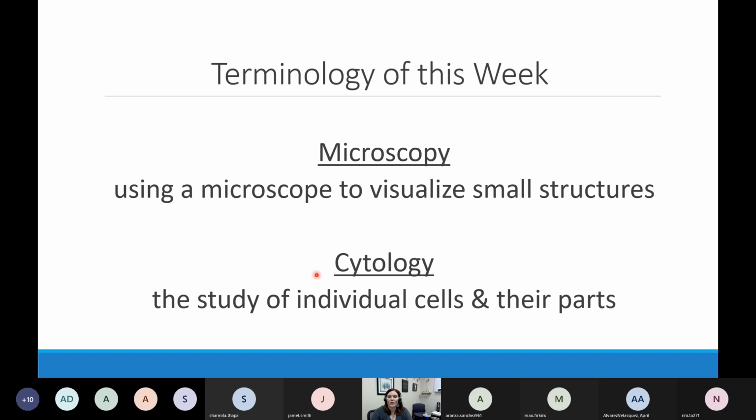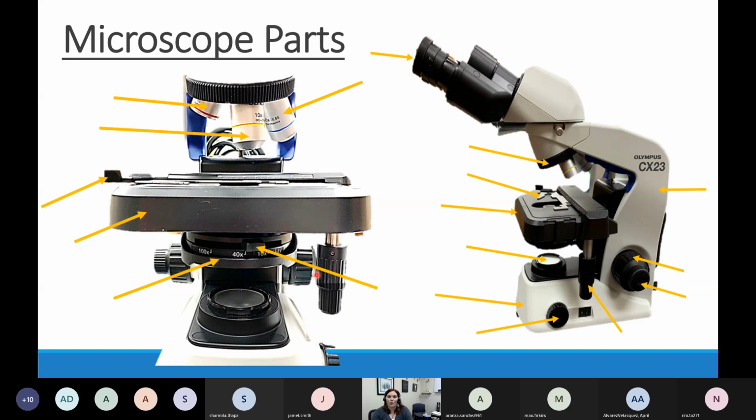When we talk about microscopy, we need to go through and start to learn about the different parts of a microscope. Because remember, we're going to start using these microscopes next week. It'll help us to know what our different parts do. So let's go through describing these parts of the microscope in the way that you would encounter them in a